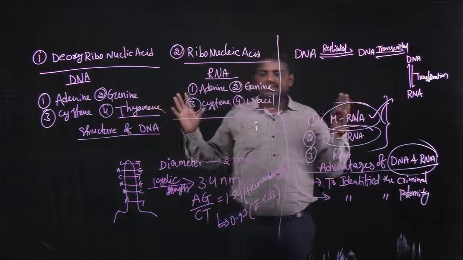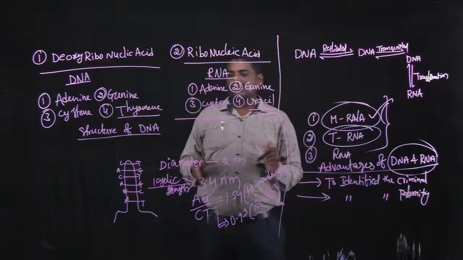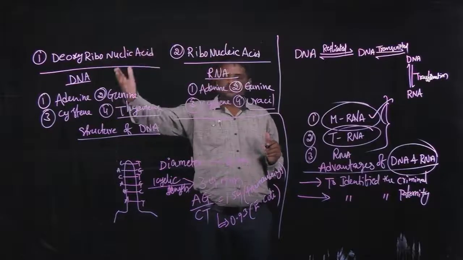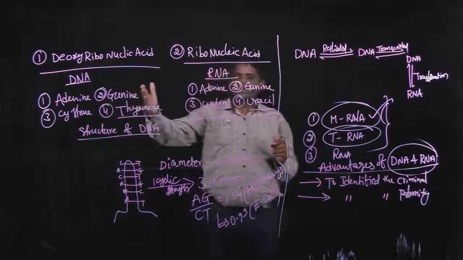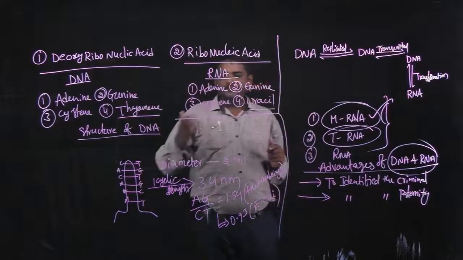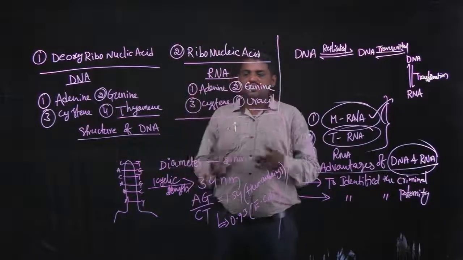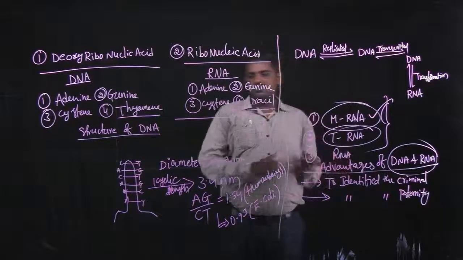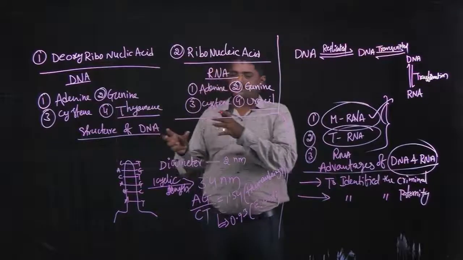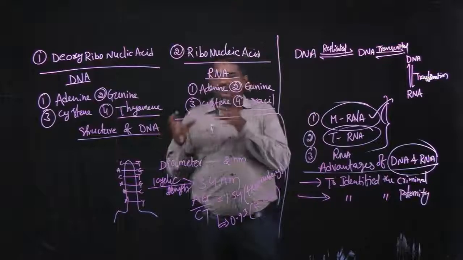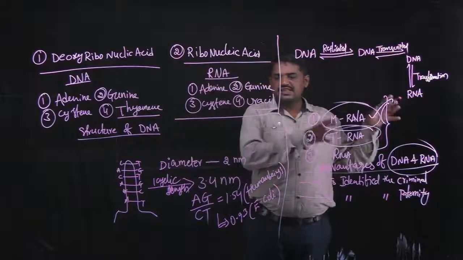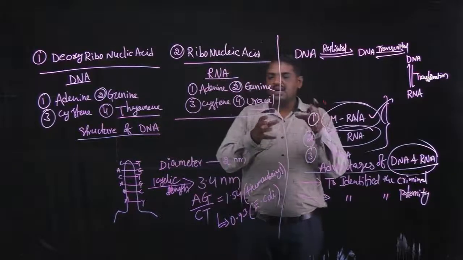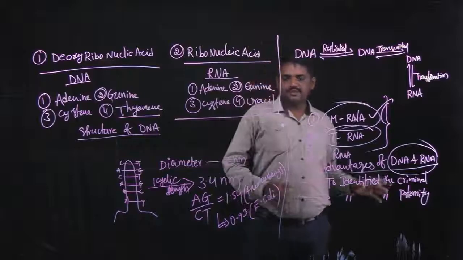Okay, so once again, recall the main points of nucleic acid. First of all, what is the meaning of nucleic acid? Nucleic acid is one of the biomolecules. These are subdivided into two categories, DNA and RNA. Next, the main ingredients of nucleic acids: bases, sugars, phosphates. First, bases. Bases are divided into two categories: purine bases and pyrimidine bases. Purine bases are adenine and guanine. Pyrimidine bases are uracil, cytosine, thymine.